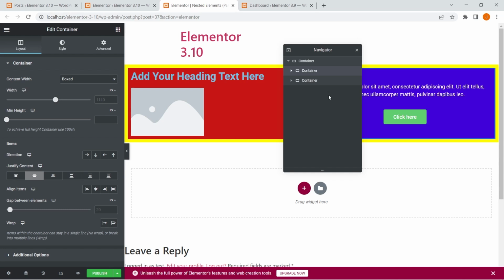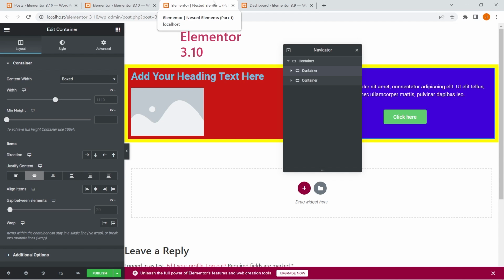So what I am going to do is keep this thing open and take you to the next part of the nested elements, where we will be seeing how the nested elements feature has been used inside some of the widgets. Now currently it is only used in the tabs widget, and that widget has been renewed using the nested elements and Flexbox containers. So now I am going to show you this new tabs widget which leverages the nested elements